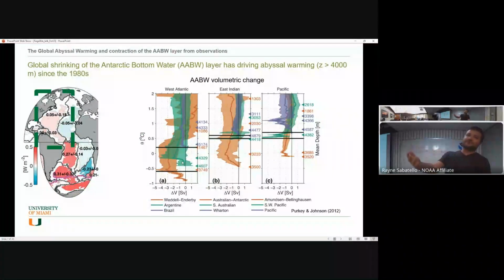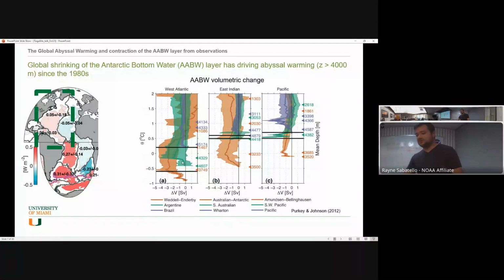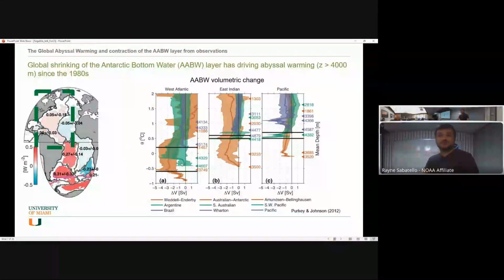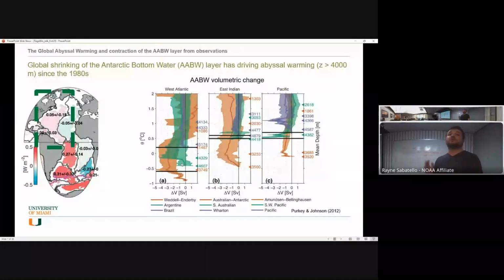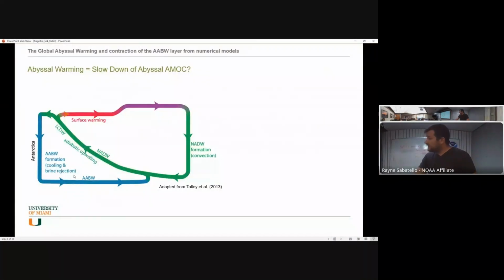But if you go a little bit north, and now you're talking about the North Atlantic, the signal is not quite obvious, right? All the studies that have touched this topic show the same thing: we don't have a significant warming. In fact, we have a stronger indicator of variability. If you start looking at the variability in the North Atlantic, this has been linked mostly to the variability of the North Atlantic deep water, right? So this is an open question, and one of the reasons we chose the North Atlantic to explore. So I come back to this figure here,